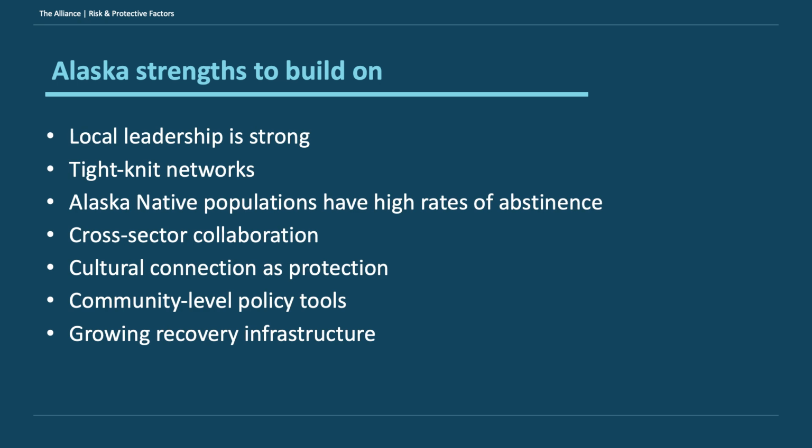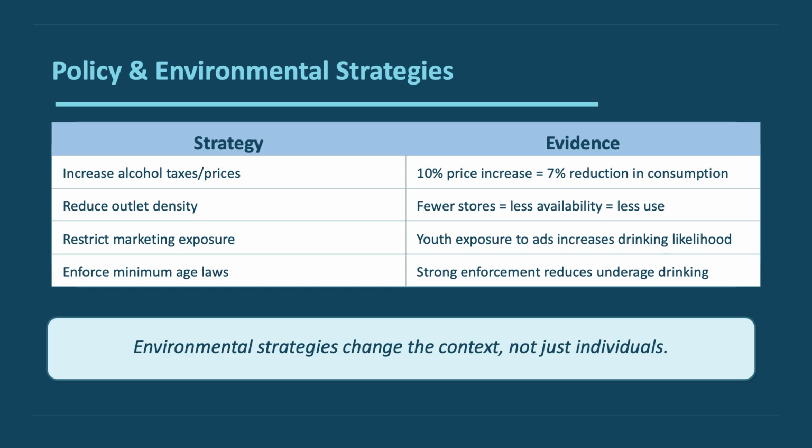And you have a body who's really focused on changing the environment and the structure in which alcohol is produced and consumed. And that's what we're going to talk a little bit about here, because underlying all of those risk and protective factors that we talked about is the community and the conditions in which alcohol is consumed. And so if we're able to reduce the availability of alcohol and reduce the affordability of alcohol, and make sure I got that direction right, we'll be able to help address a lot of those risk and protective factors that are underlying the individual level components.